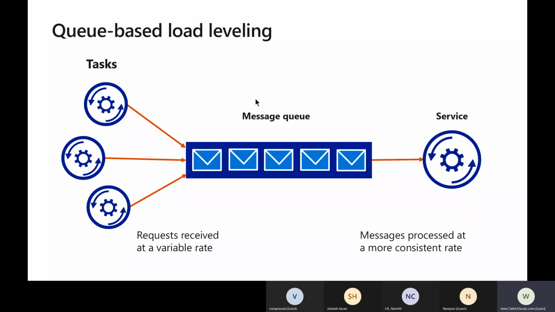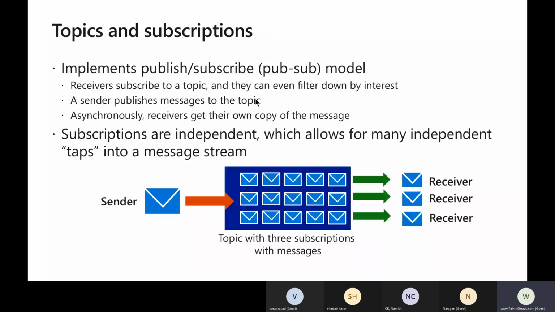So use a queue to act as a buffer between your task and services to ensure smooth interaction for heavy loads, you can say. The task and service run asynchronously, and that will be the buffer. You will be getting time: if your service is not able to respond immediately, you just drop your message and wait for your response from your service. That's what you can do.